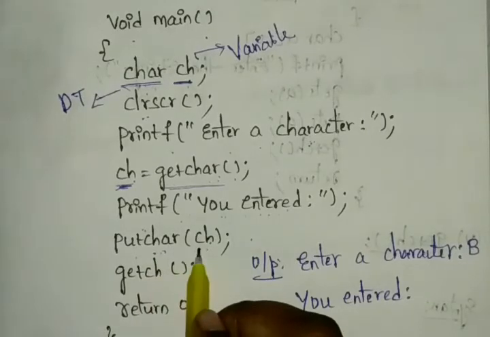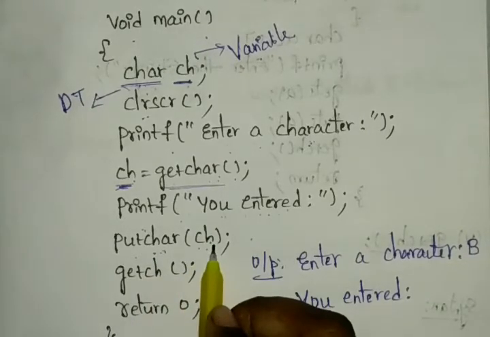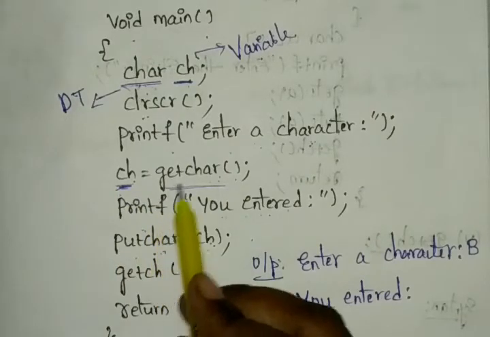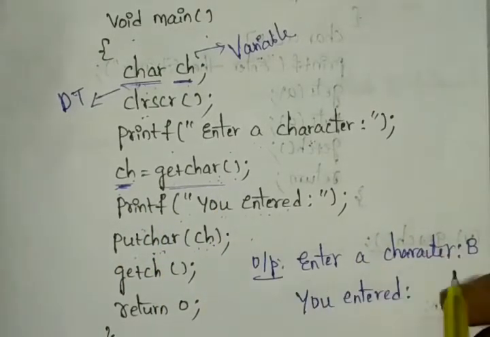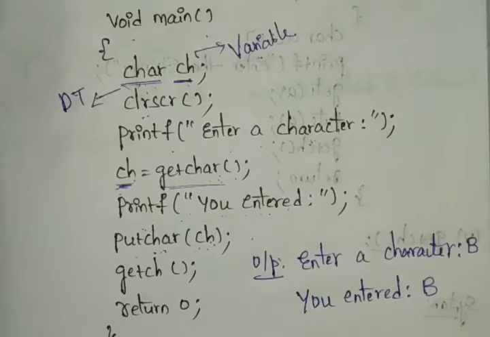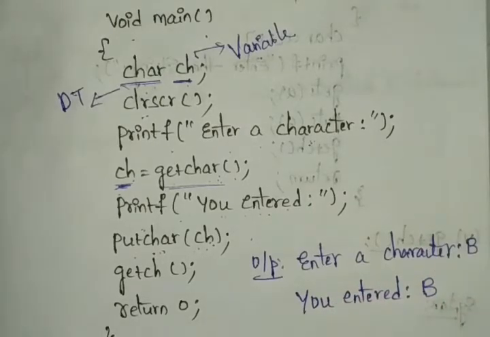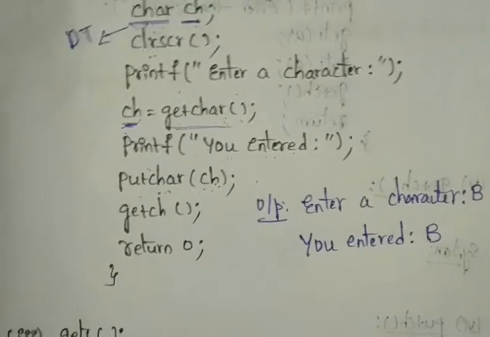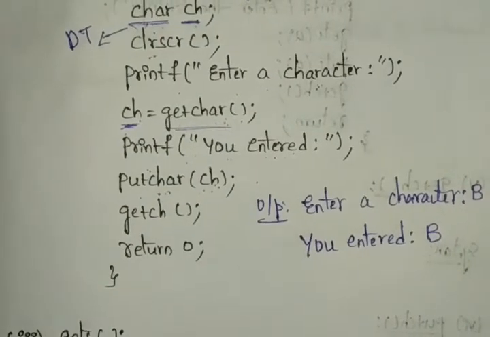Now after that it can be read, see our putchar. In putchar, what variable do we have here? ch. So what we stored in the getchar method, that variable can be displayed here again. Like this, the information is handled in getchar and putchar. At last we can return and close our function. Like this we can perform getchar and putchar.